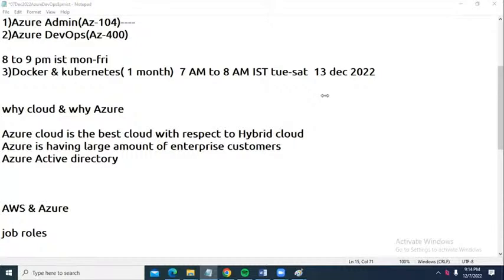Sir, can our in-house database be connected with our web app service? Yes, we are going to connect to a database from app services. Azure Cloud database is also there, and in-house means physical, on our own premises.